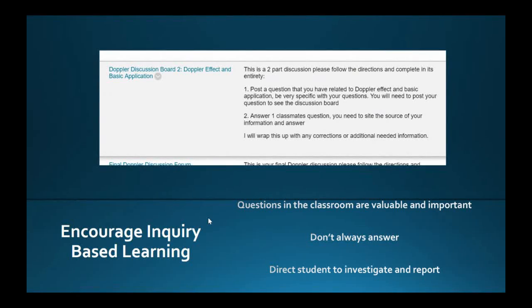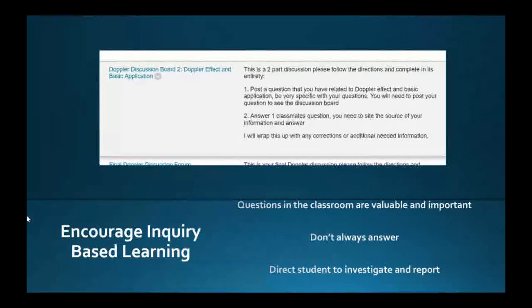Encouraging inquiry-based learning. Again, this isn't really a new topic either, but encouraging questions in class. I think I finally mastered the control of this, because this can go really crazy with them in the middle of your lecture raising their hand or jumping in trying to ask questions when you have such an open format. But making sure that the students know it's okay to ask questions.